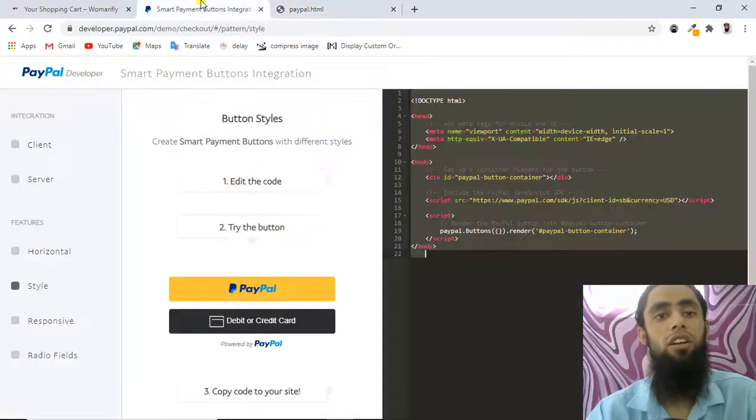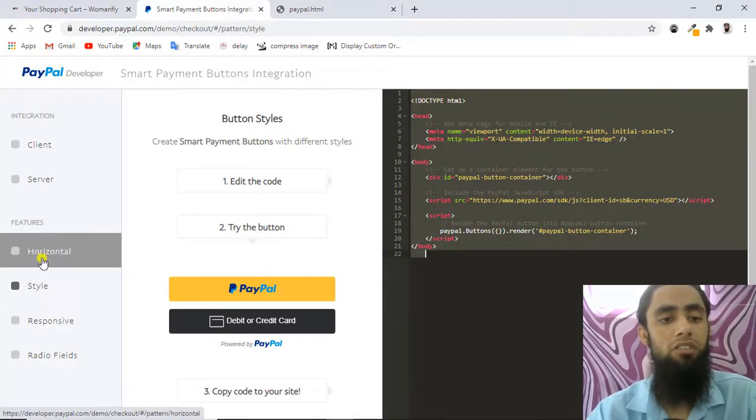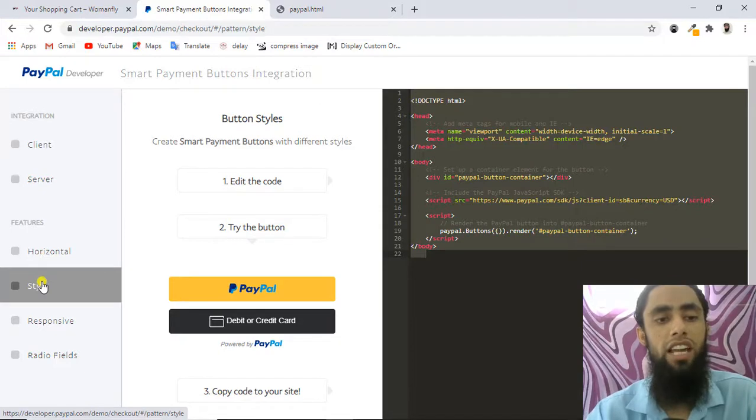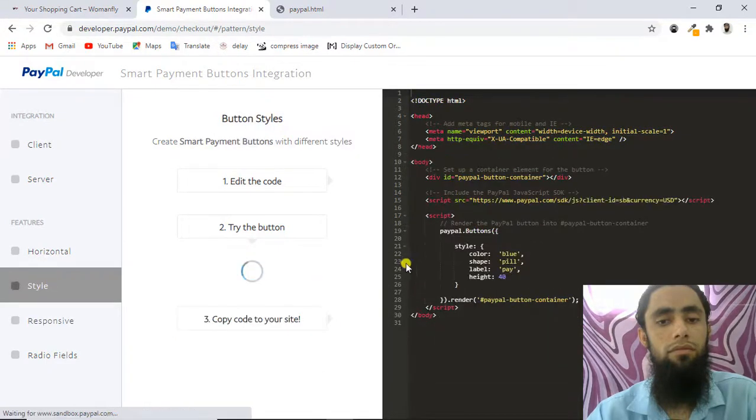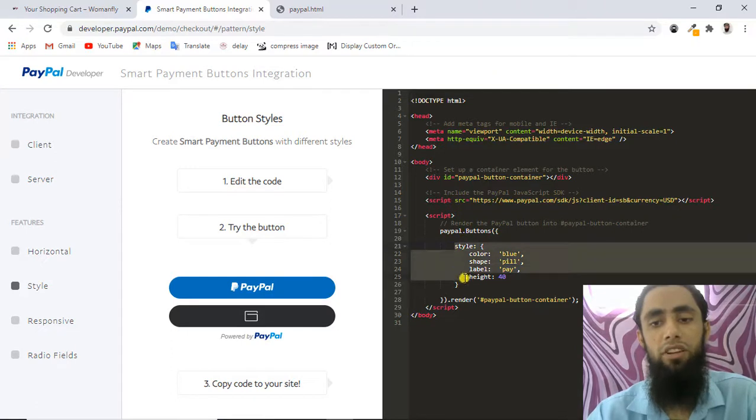If you are interested in copying all the stuff from here, you can see that this is the style here. If I click on this style, let me copy this style from here.